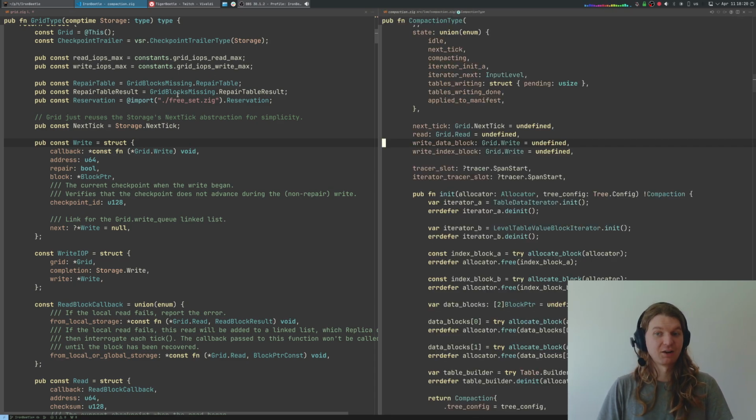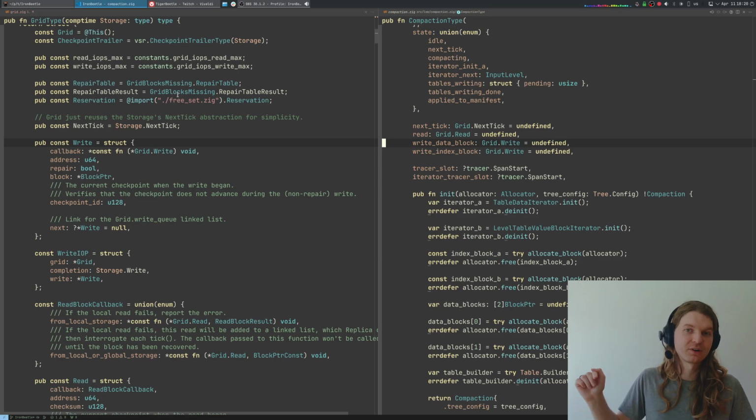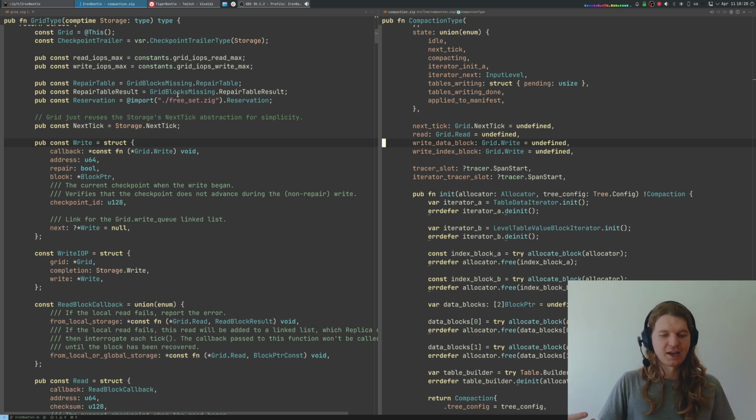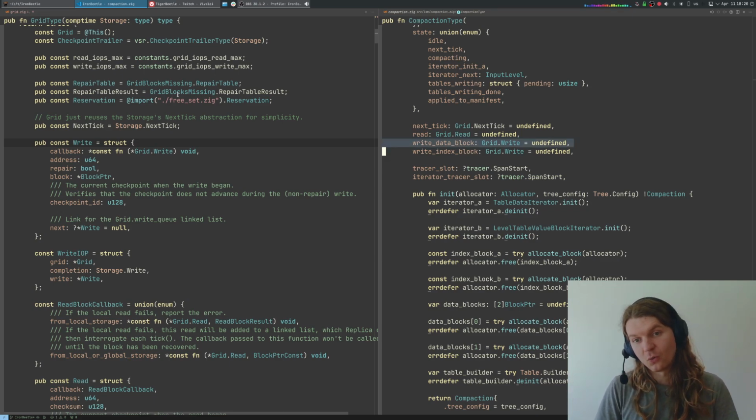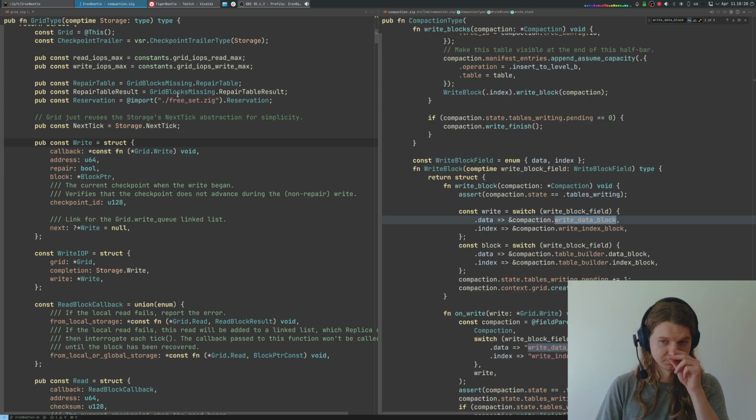So, okay, this is running far ahead, but the structure which will actually mutate our LSM tree on disk is going to be called compaction. In this compaction, we have two read operations and two write operations. And whenever compaction needs to write a block to disk,